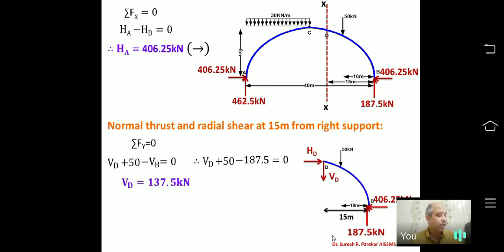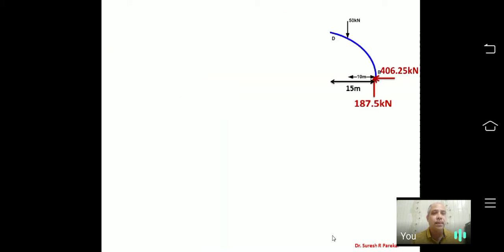Therefore we are going to get VD as 137.5 kilonewton plus, meaning whatever direction we have assumed, downward, that direction is correct. Once I know this direction, I can find ΣFx = 0 for the HD value. So we have HA minus HD equal to 0, no horizontal force is acting on it, gives me value of HD 406.25 kilonewton, which will be towards right. Once I know all the reactions, then I will show all these reactions on this right part, and we have these reactions in this way.